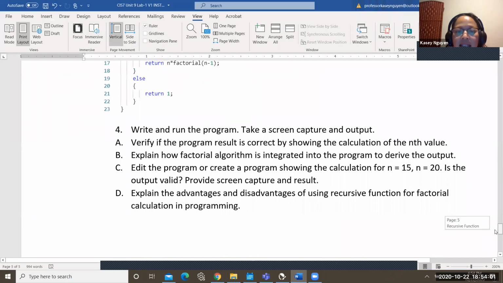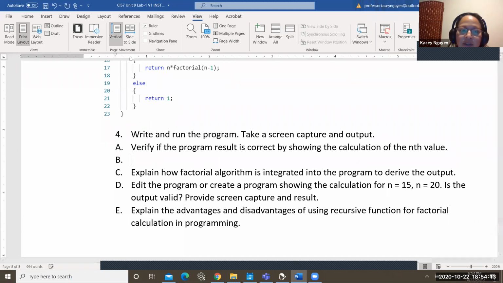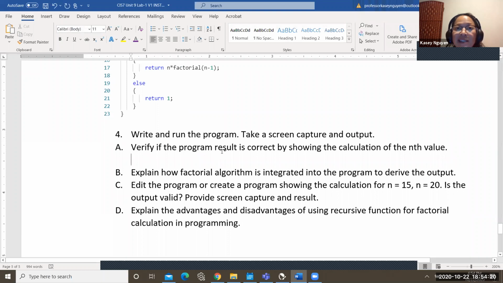Now in the last exercise, all you have to do is write and run the program, take a screen capture, and depending on your input, verify the nth value. So if you use a 6, you can say 6 times 5 times 4 times and so on.